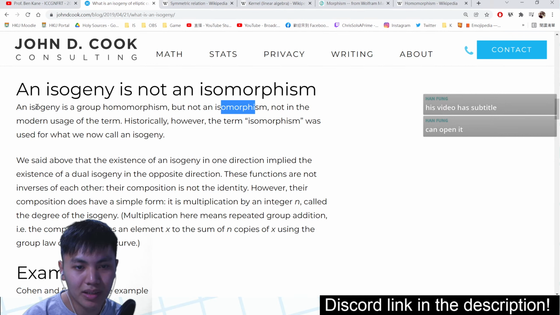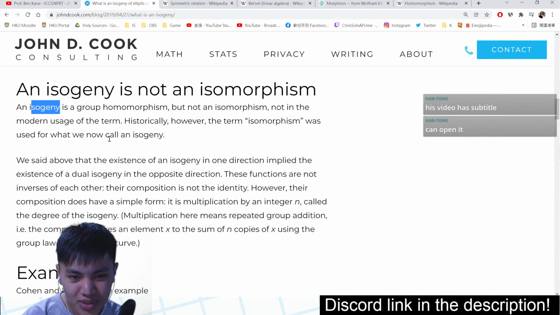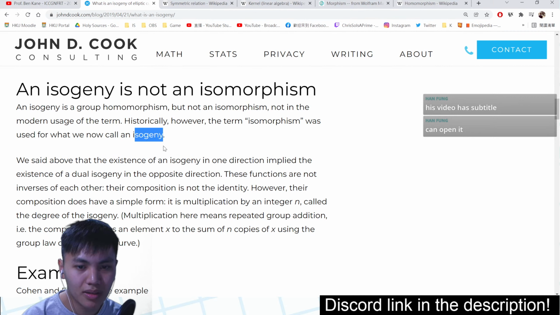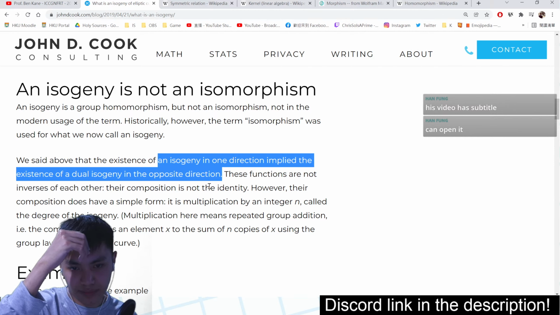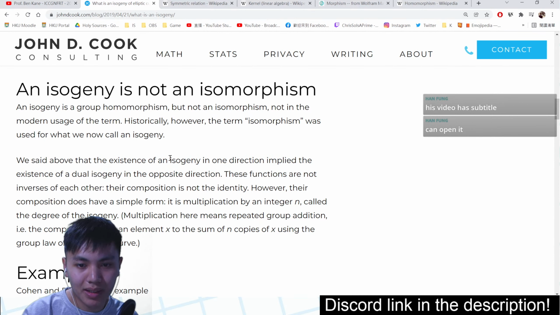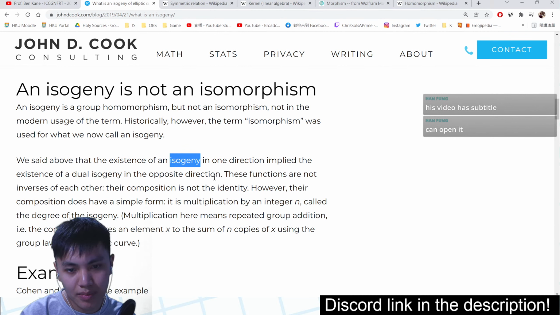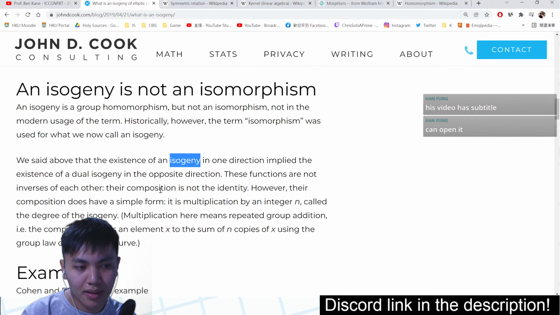即係依家 isomorphism 同埋 isogeny 係唔 equivalent，但係 historically 以前 isomorphism was used for what we now call an isogeny。We said above that the existence of an isogeny in one direction implied the existence of a dual isogeny in the opposite direction。啱啱明話如果 A 去 B 係 isogeny，就一定會存在另一個 B 去 A 嘅 isogeny。咁唔似一個 isomorphism 咩？